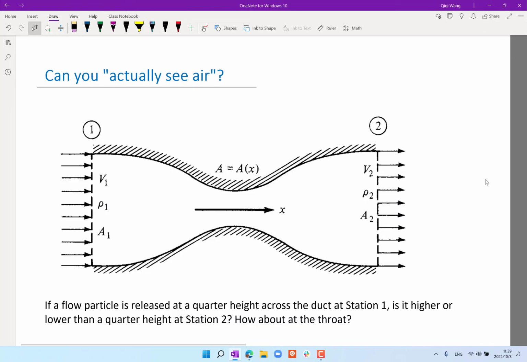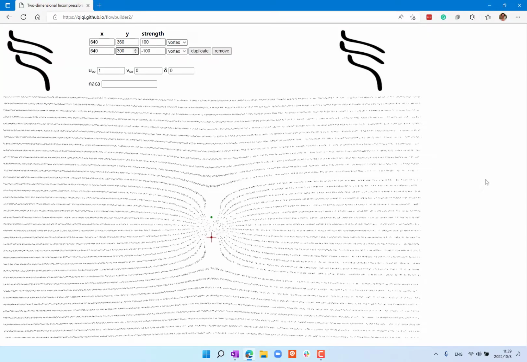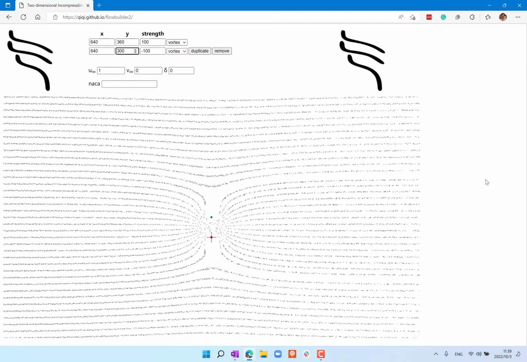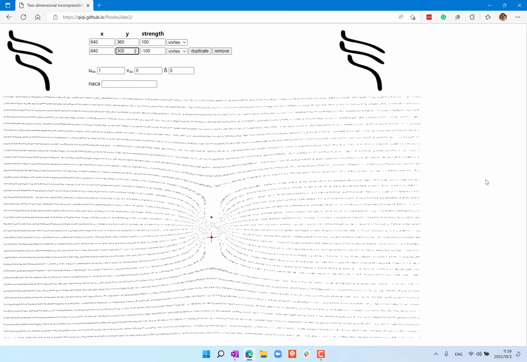That is basically what we are trying to do here. We start to use the principles we have learned in the fundamental part, and use the idea that you can superimpose different flow fields to come up with new flow fields. For example, this is a case very similar to what we just did, right? We just put two vortices plus a free stream, and we actually created